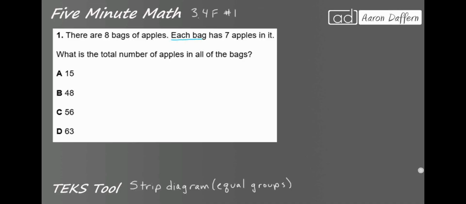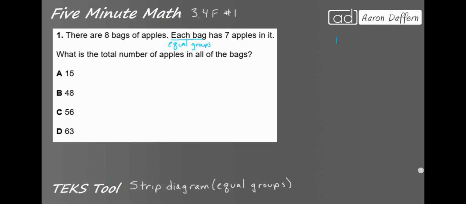When we see something that says each bag, and then it goes on to tell you how many things are in each bag, or maybe there's the same number in each group, when there's some type of statement that uses that term that lets you know that each group has the same number, that is what we call an equal groups statement. And there's a few different types of equal groups statement,